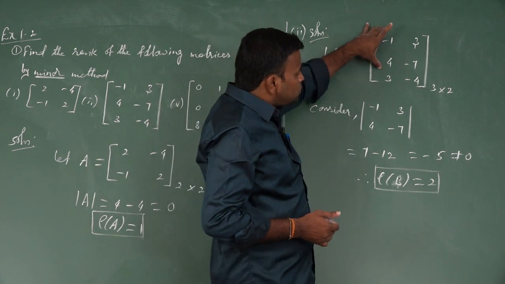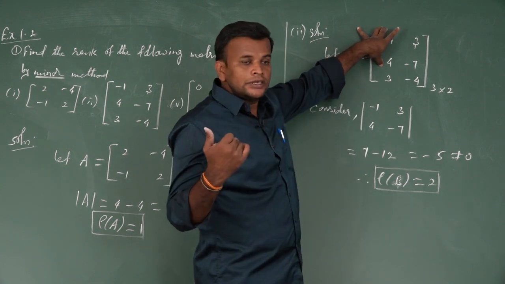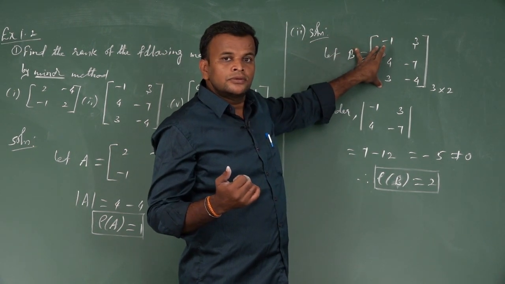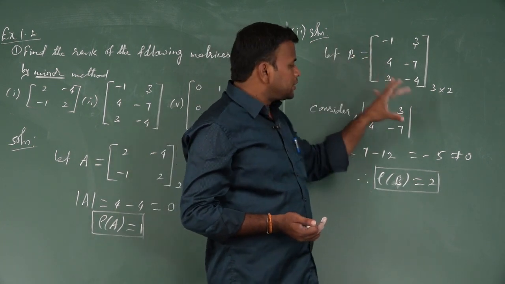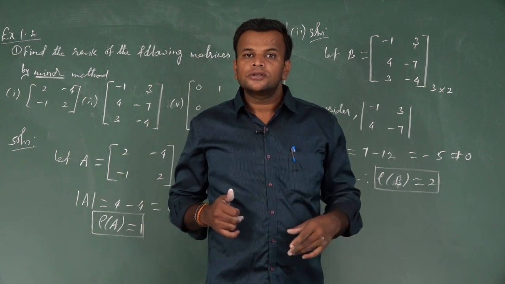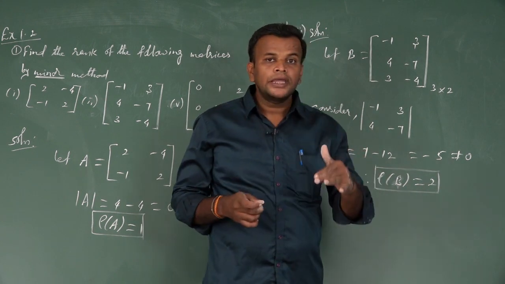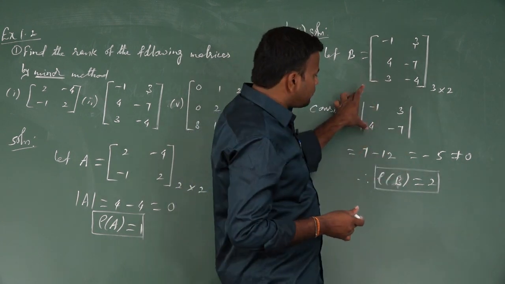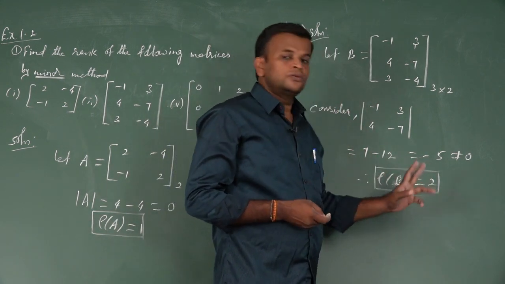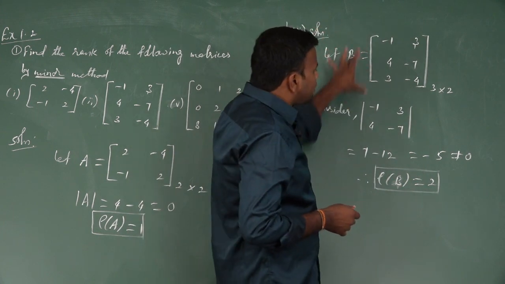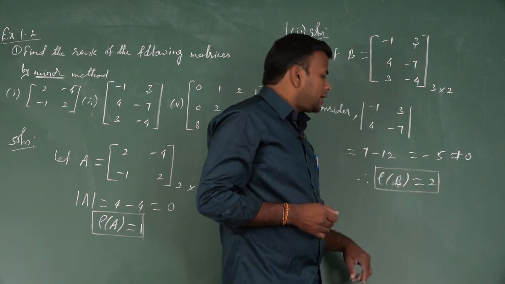Here the first two rows give a non-zero determinant. Suppose it is 0, next I check the second row and third row. If it is also 0, then I check the first row and third row. Suppose all the determinants are 0, we come to the conclusion that the given rank is 1. So this method is called the minor method. That is, we reduce the given matrix order to find a determinant that is non-zero. If all the 2 by 2 minors are 0, then the rank is 1.